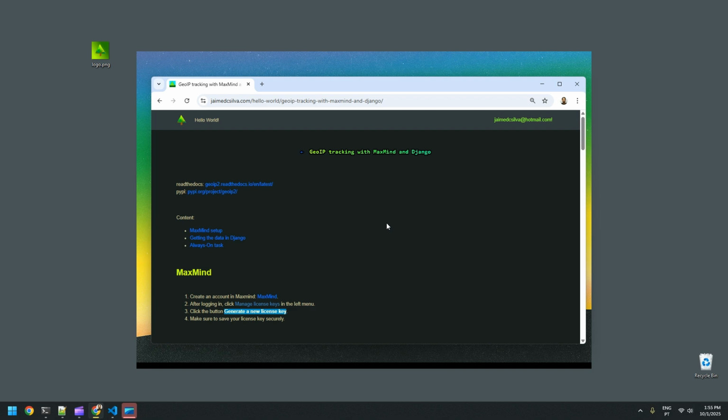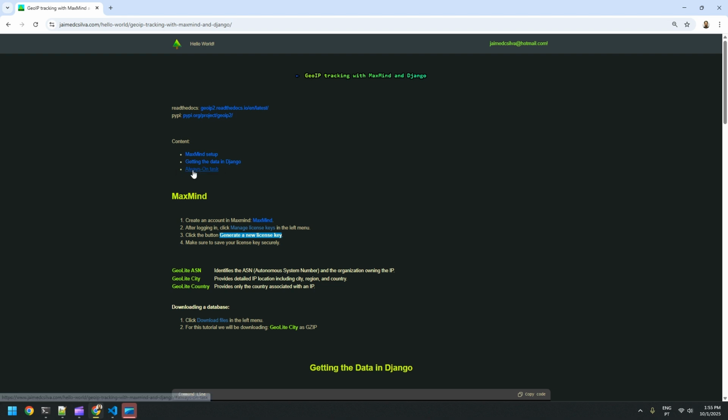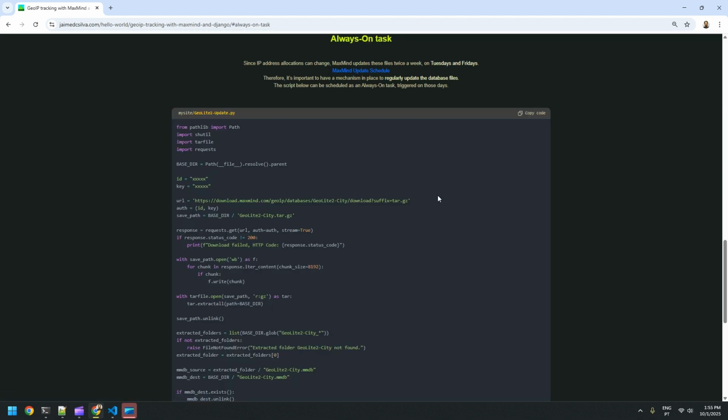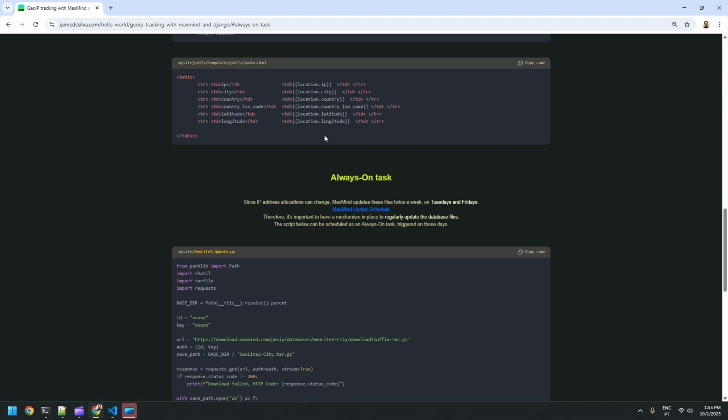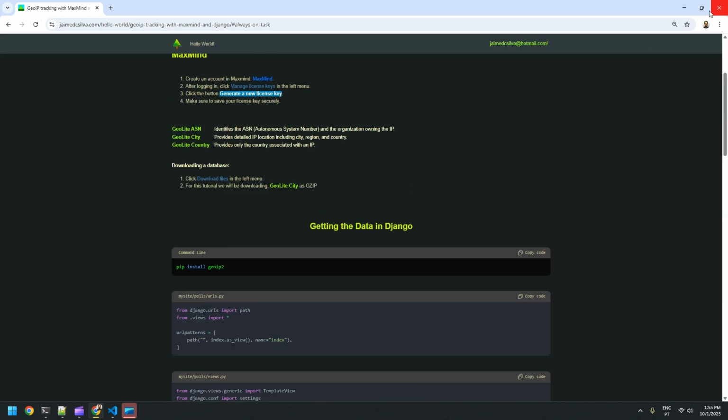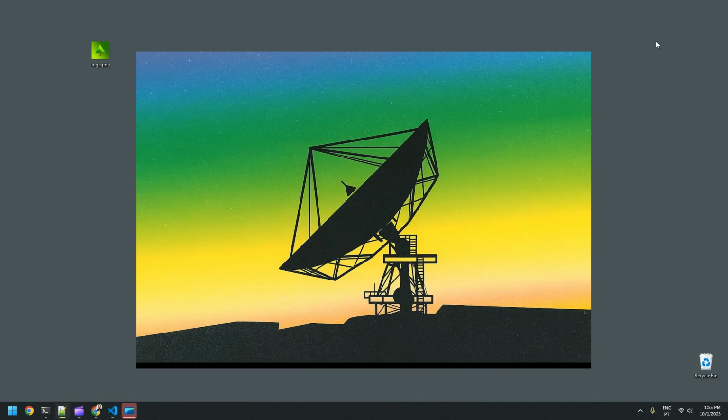So there's that part, and then there's the other part of this always-on task, because this database that I have just mentioned needs to be updated regularly. So